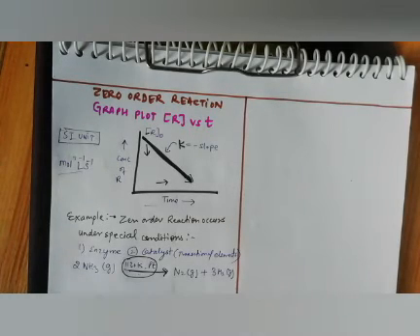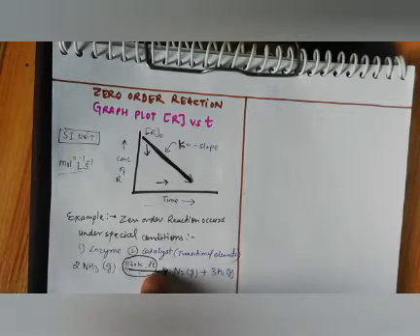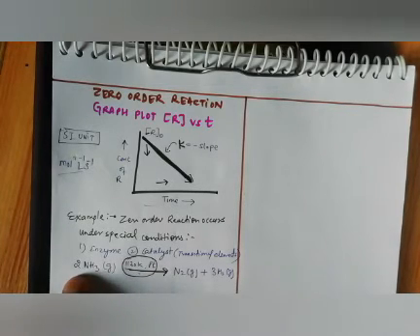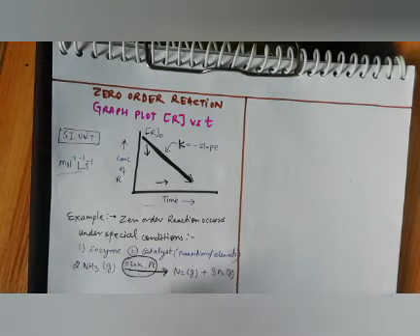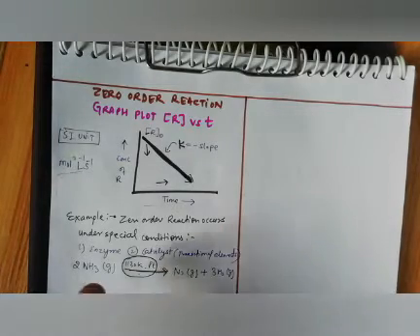Okay, some more information I want to tell you: the decomposition of ammonia on a finely divided platinum surface is of first order when the concentration of ammonia is low. Okay, and in this reaction, especially at high pressure, the surface of the platinum catalyst is saturated with ammonia gas, in which a further change in reaction condition is unable to alter the amount of ammonia on the surface of the catalyst, making the rate of reaction independent of its concentration.